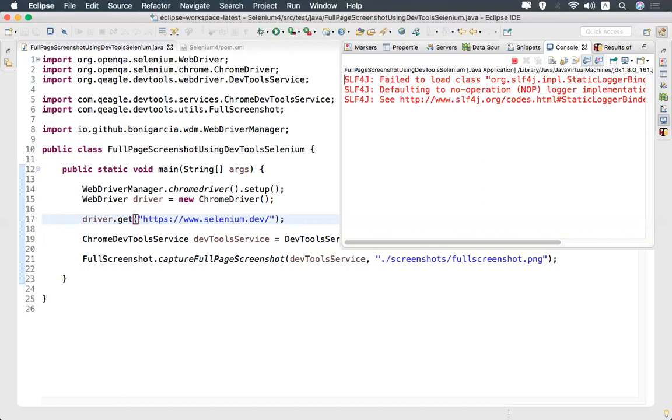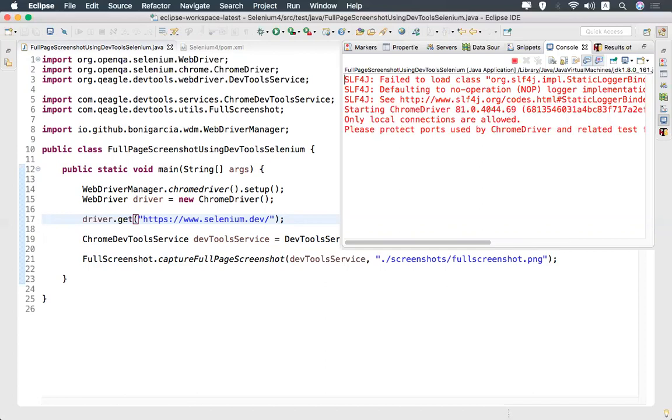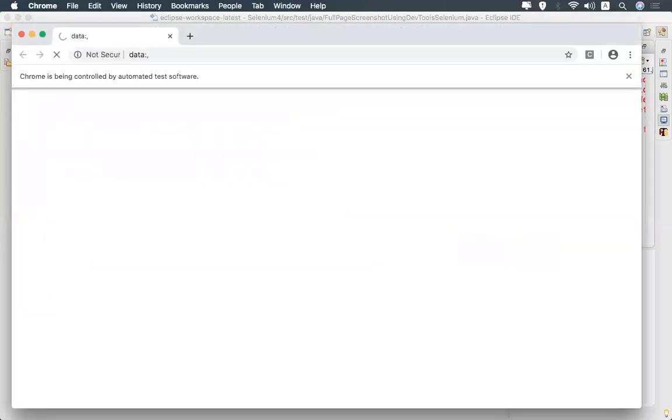It just started executing. Now it will open the browser and navigate to selenium.dev. Then once it is loaded, it will take the screenshot.